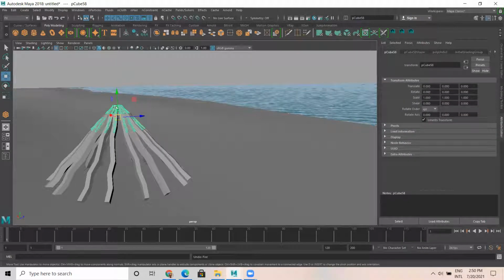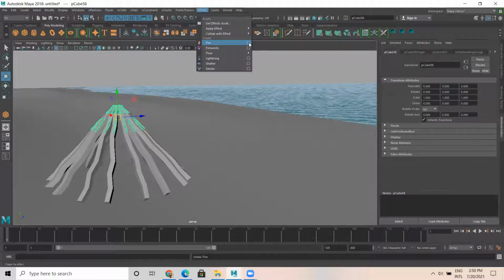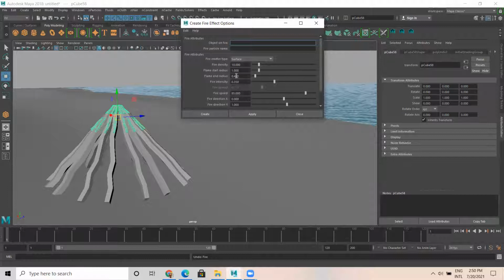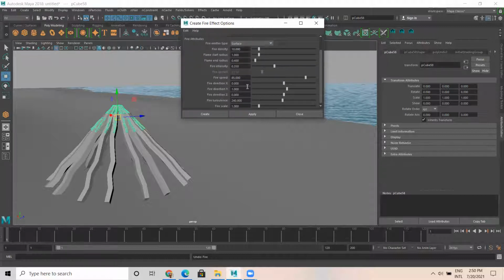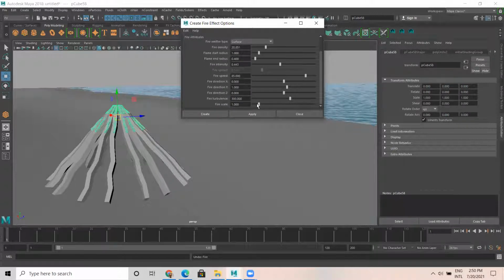Okay, I just cancel the fire. Now I want this fire to be more. So I go to FX, I go to the option box of the fire. So fire start and end, or fire intensity, or fire speed. You can see all this. I want more turbulence on the fire. Fire intensity should be more. I want the density should be more. Okay. So I'm just adding this kind of noise, means changes or modification, and I'm increasing the fire scale.